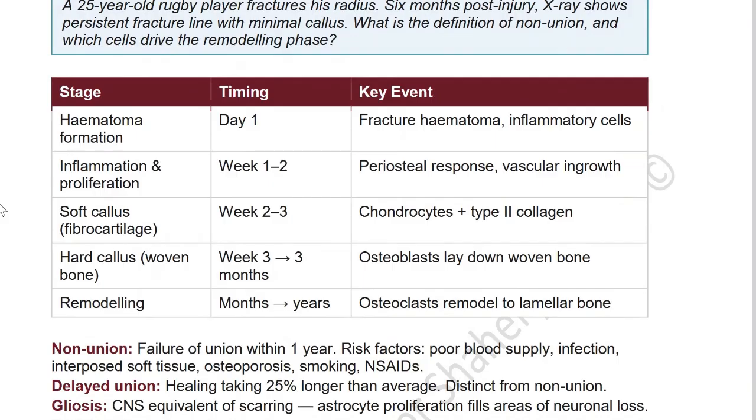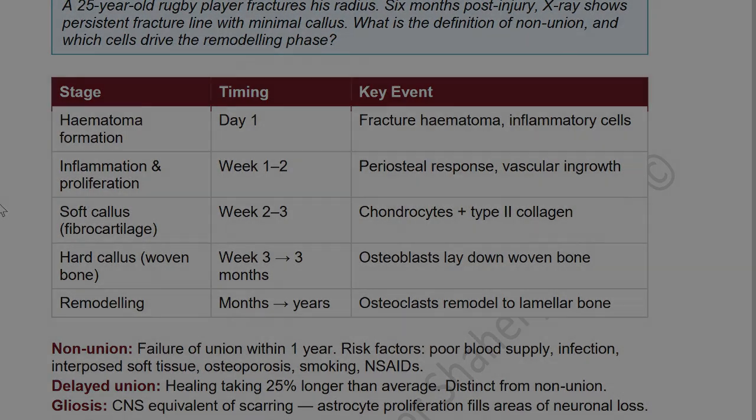Hematoma formation. So that's day 1, right? You have a fracture, there's a hematoma forming, and then inflammatory cells come in. Inflammation and proliferation, that's in the coming weeks, so week 1 to 2. You've got periosteal response and vascular ingrowth. Then you've got soft callus, so fibrocartilage, which is week 2 to 3. Chondrocytes plus